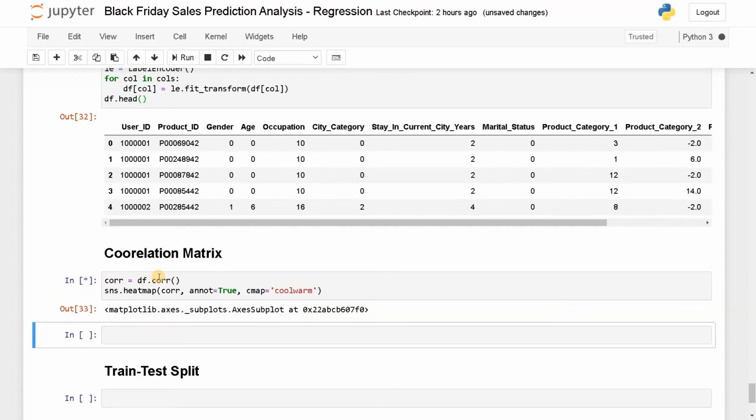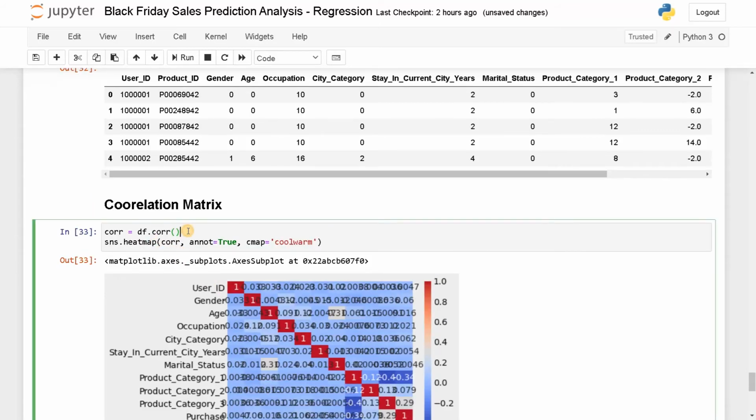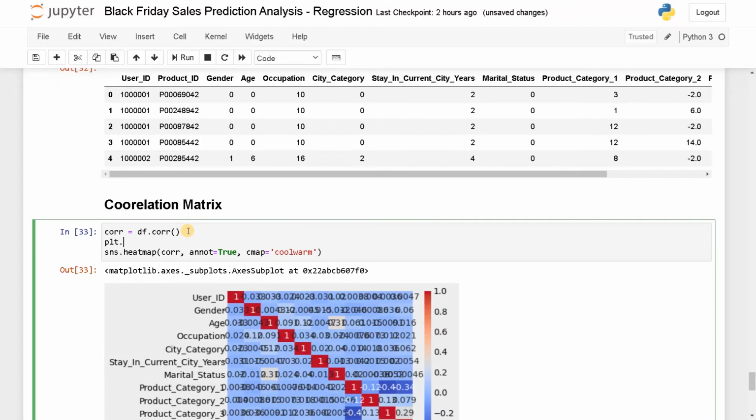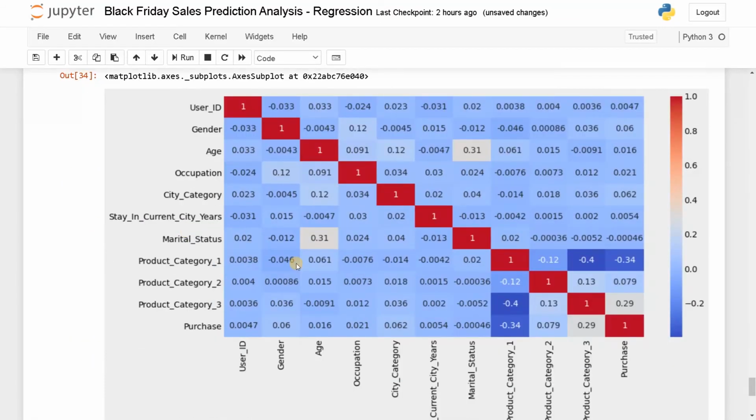Run this. Okay, we have so many values here. Let's increase the plot size. plt.figure figsize equals, let's increase the size to 14, comma 7. Now we can see all the values clearly.